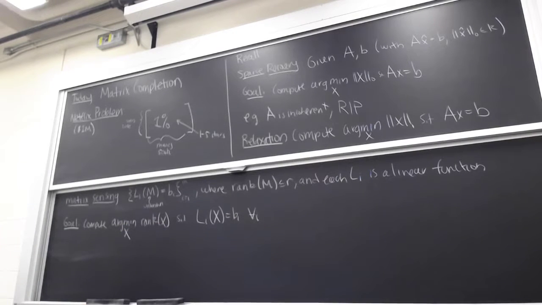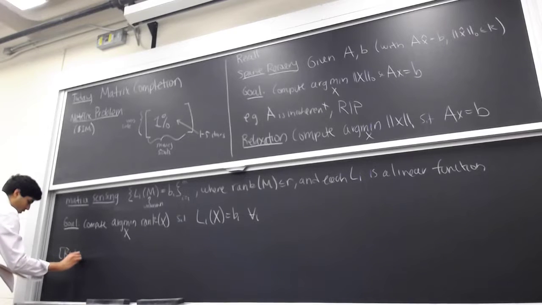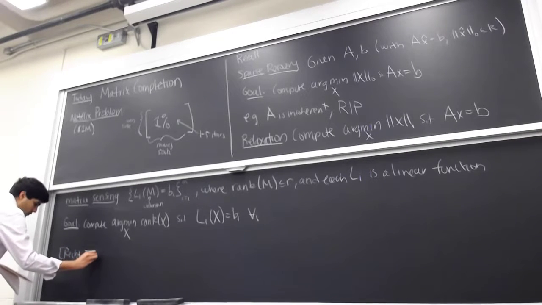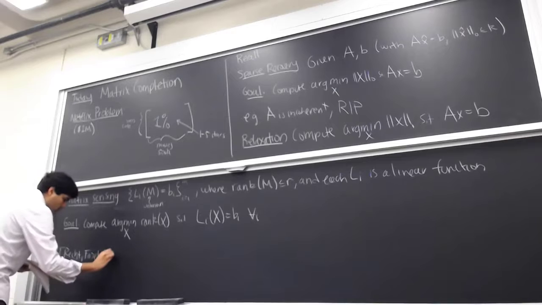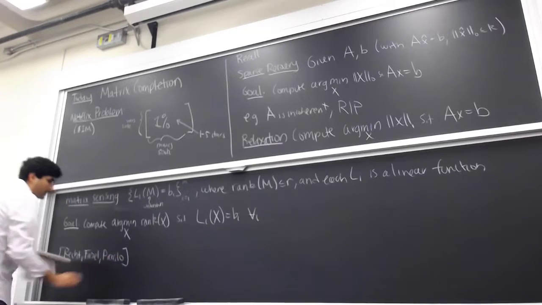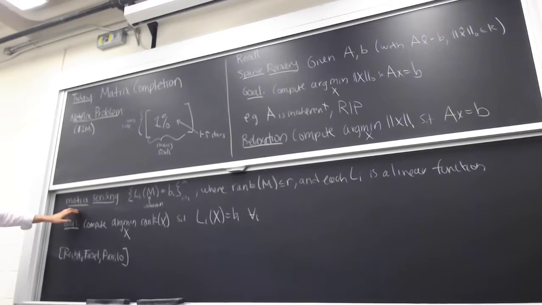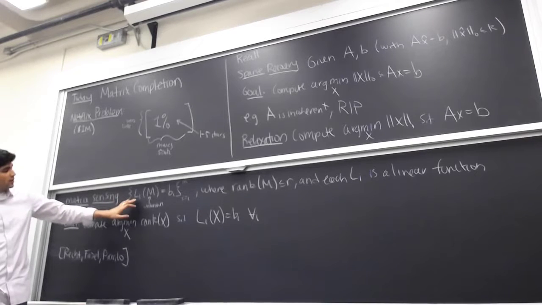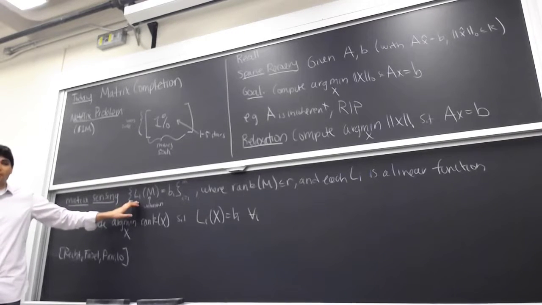Now, this is exactly what you get if you tried to generalize sparse recovery to the matrix setting. This problem really has been studied a lot. Many of the techniques we're going to talk about were first developed for this problem and then were applied to matrix completion. So one of the really important papers in this line is a paper of Recht, Fazel, and Parrilo. But one of the major differences is that in matrix sensing, these linear functions can often be chosen to be